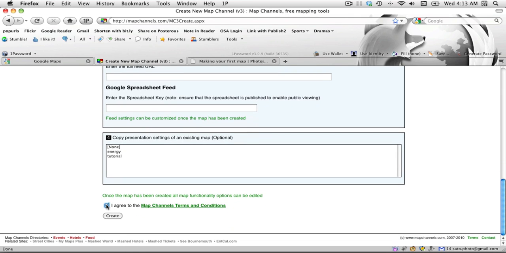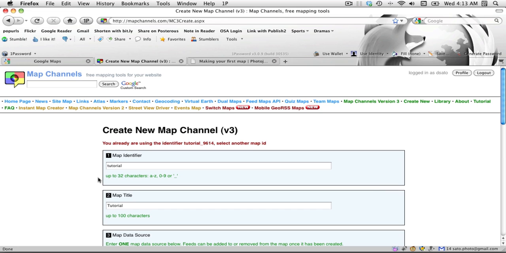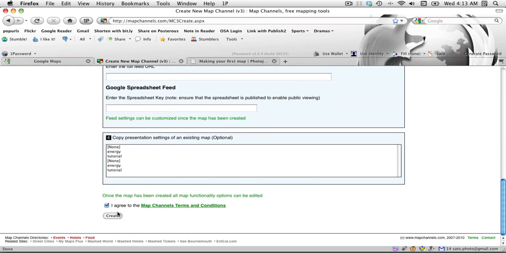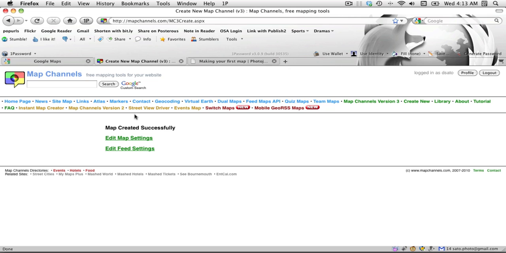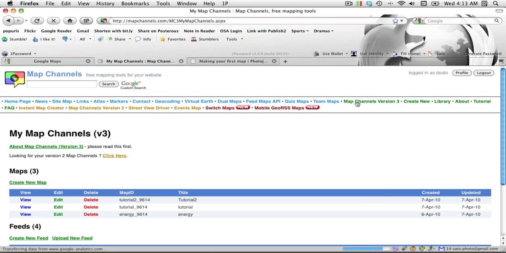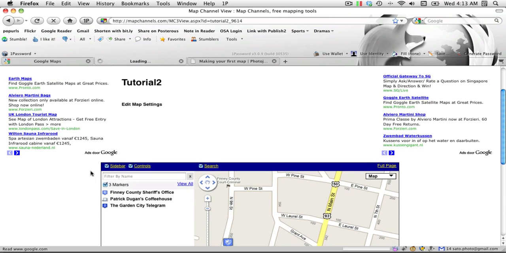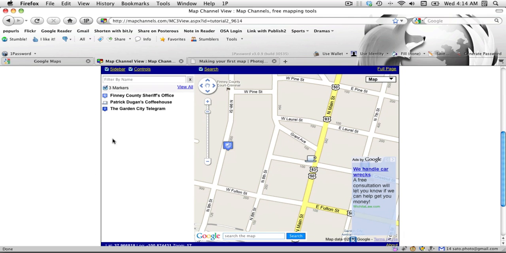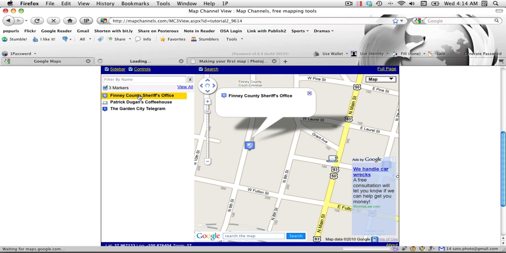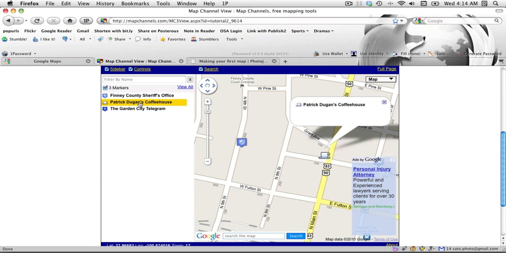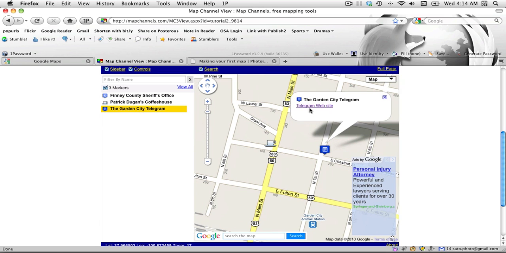and agree to these terms and conditions and create my map. I'm already using that identifier. Tutorial 2, we'll call it. Okay. Go back to Map Channels version 3, and now I want to view tutorial 2. So it has my 3 markers: Finney County Sheriff's Office, Patrick Dugan's Coffee House, and the Garden City Telegram with a link to the Telegram website,